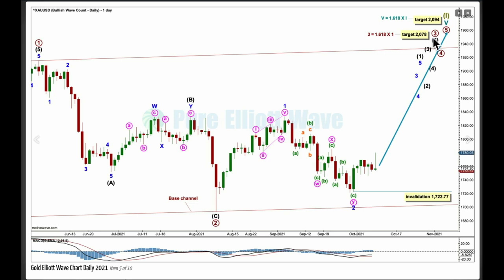3 may only subdivide as an impulse. Within it, intermediate 1 may be incomplete, with minor 1 a leading contracting diagonal, minor 2 a very deep double zigzag, and where 2 ends, 3 begins. This wave count expects minor wave 3 to continue higher next week. Within it, no second wave correction may move beyond its start, below